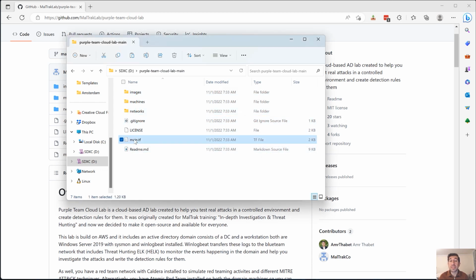You have the main.tf. This is a Terraform project. What is Terraform? Terraform is an infrastructure as code language. Developers always automate with code. They write a lot of code that automates a lot of things, but they never had the ability to automate building an infrastructure, like building virtual machines, installing Windows, installing Linux, connecting routers and setting firewall rules and all of